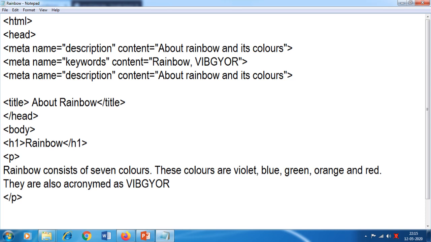Now see, actually we have not uploaded this web page named rainbow anywhere, so it is just stored locally in our computer. So including this tag doesn't make any difference. You will not see any difference. But what was discussed till now is for you to understand that if any HTML document is uploaded on the web, then which meta tag plays which important role. Okay, so you have to do this much.